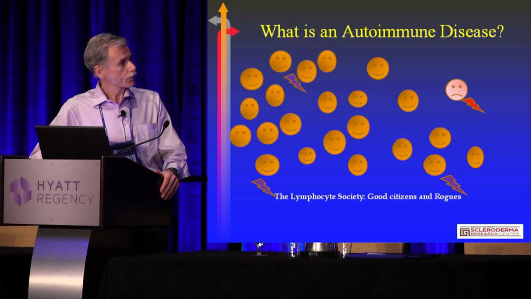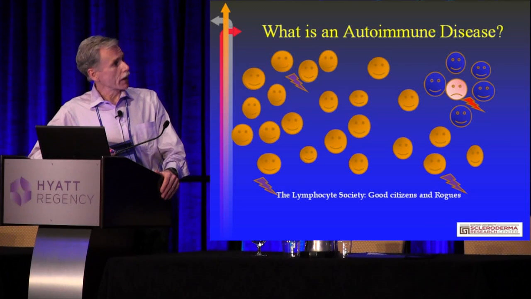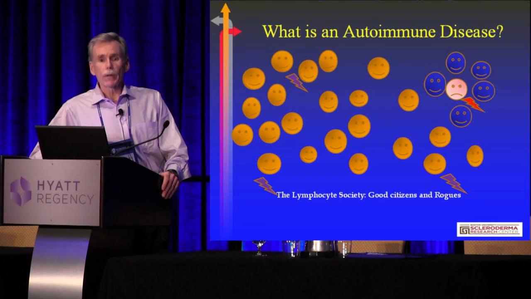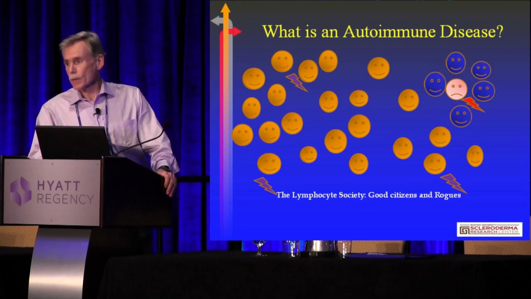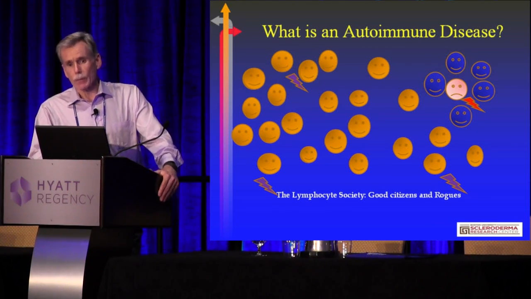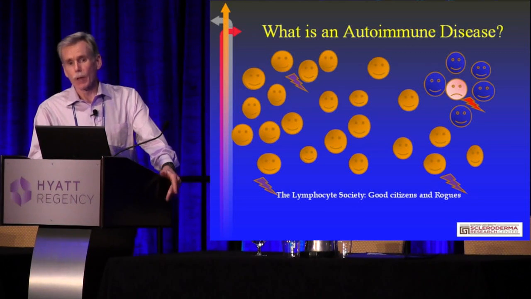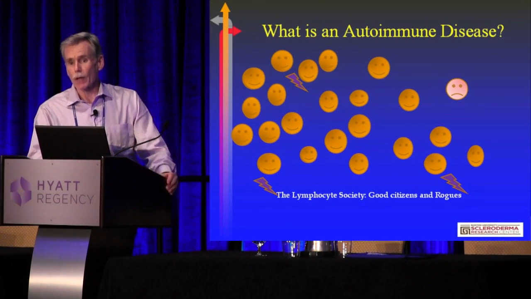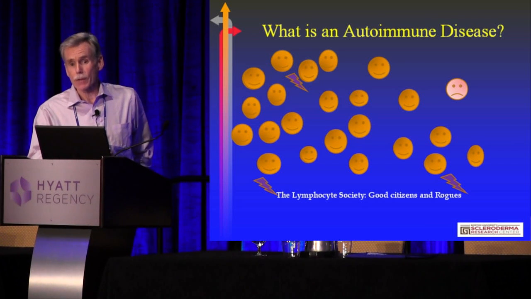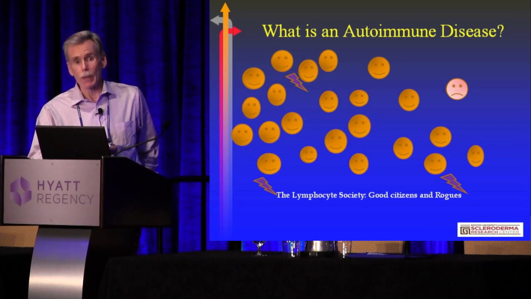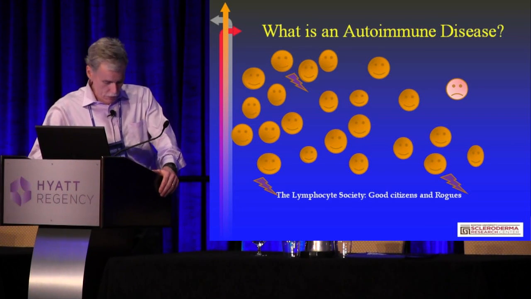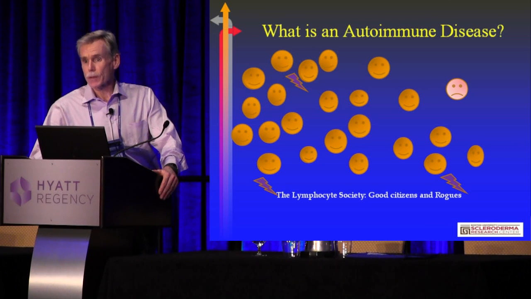rogue lymphocytes. Normally, they're kept in check by a lymphocyte police force, and these are called T regulatory cells. And we think essentially that autoimmune disease occurs when the lymphocyte police force, the T-regs, if you will, go AWOL, like the LAPD perhaps a few years ago. Now, what is it that triggers the disappearance of the T regulatory cells remains unknown. It may be a viral infection or another environmental exposure which does not leave any footprints for us to identify,